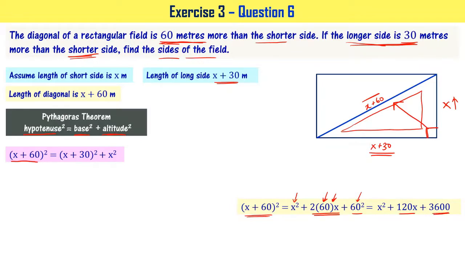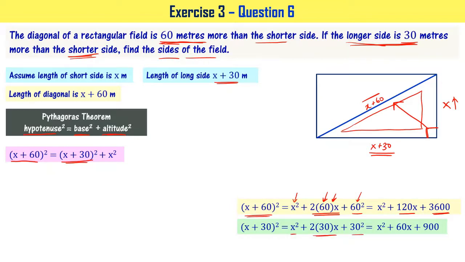Now let me expand (x plus 30) whole square using the same formula, (a plus b) whole square, so that I can write it as x square plus 2 times x times 30 plus 30 square, right? That is equal to x square plus 60x plus 900. Let's substitute these two back into the equation such that the equation becomes x square plus 120x plus 3600 equal to x square plus 60x plus 900 plus x square,